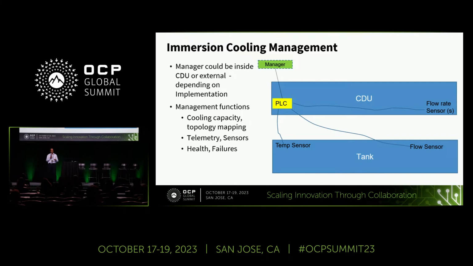How are they connected together? What is your telemetry telling you right now? What's the flow rate? What's the temperature in? What's the temperature out? What failures are happening? All this data is being collected, typically through a PLC, right? Again, this is an oversimplified picture with a single PLC. Implementation details may vary, but typically this is a Modbus type interface inside these systems,